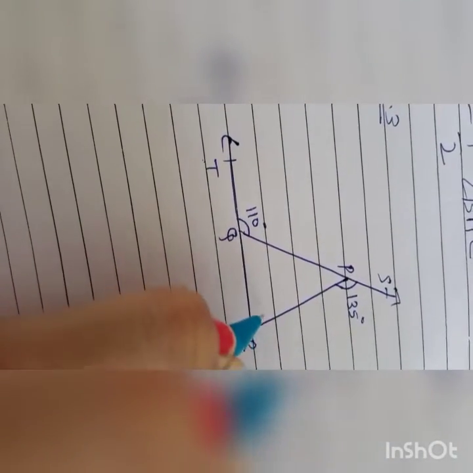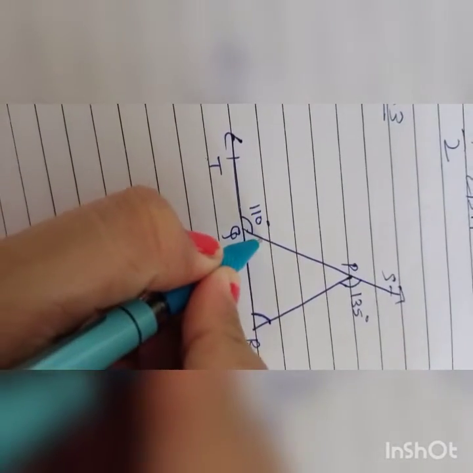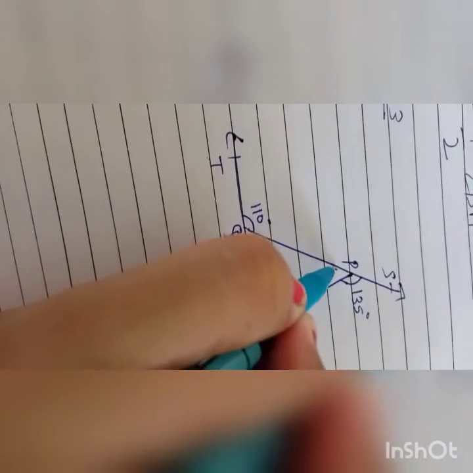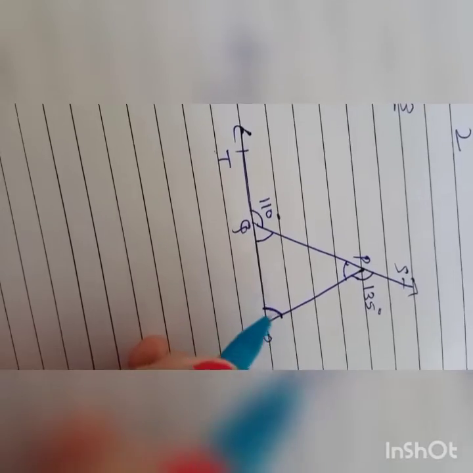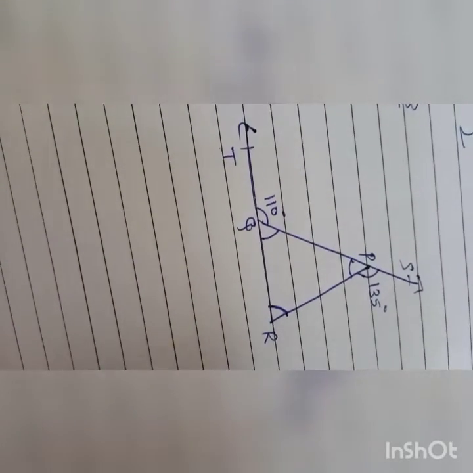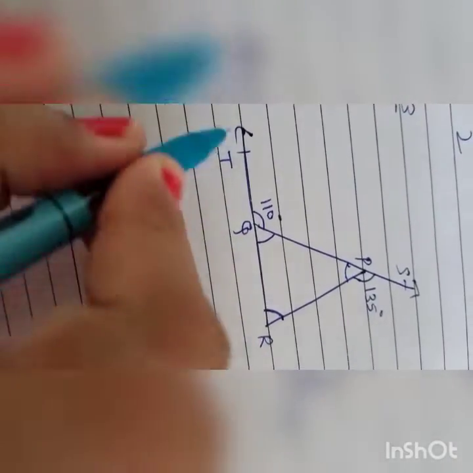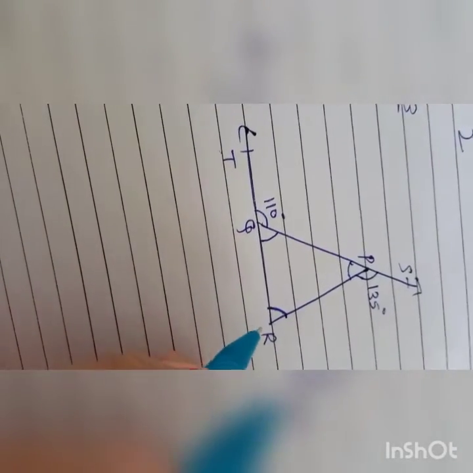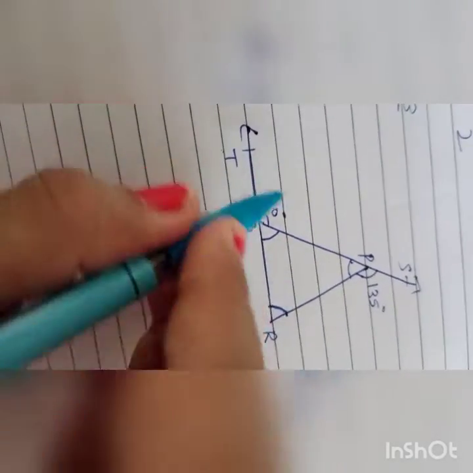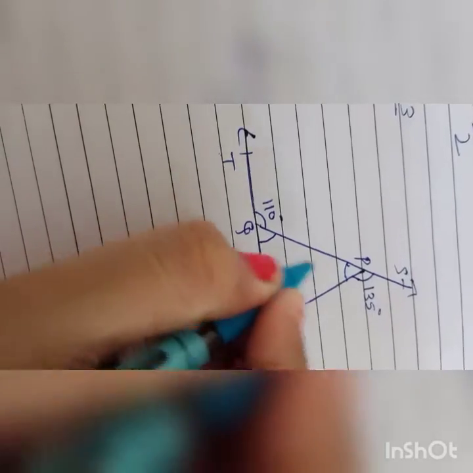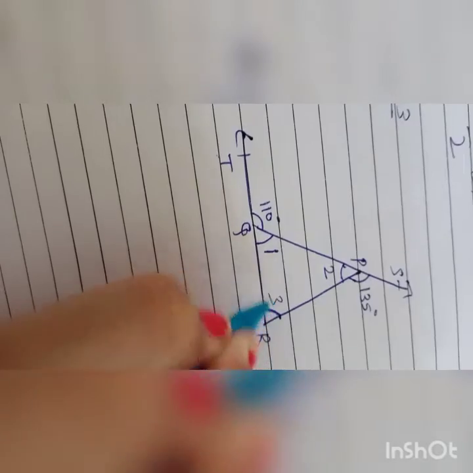We have to find this angle. How we will find it? Firstly, bete, we will find this angle and this angle, ठीक है, and then this angle will be automatically found with the help of the theorems which we have done yesterday. Now bete, RT is a straight line. It means this angle plus this angle will make a linear pair. Rather than giving a proper name, I am numbering it 1, 2, 3.